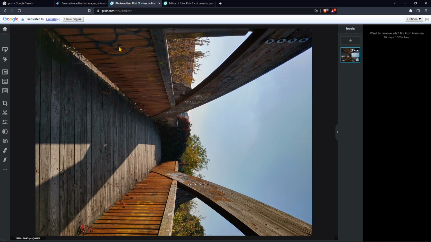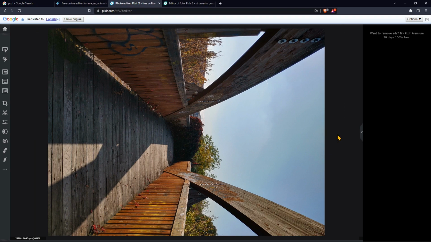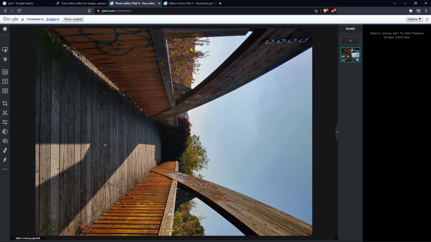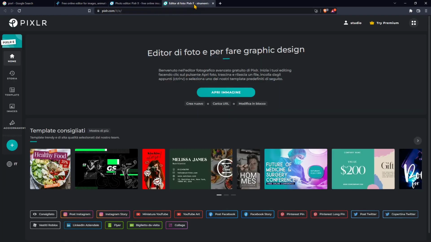Now this is, remember, the Express version, so it has only this toolbar on the left, sorry, and this one on the right, which is going to show you the layers. So you can place things on top of the other. You can do a layout, a combination, a composition of different images and PNGs, JPEGs, and so on. You can also push this aside and bring that back. And I'm going to show you this other one just to